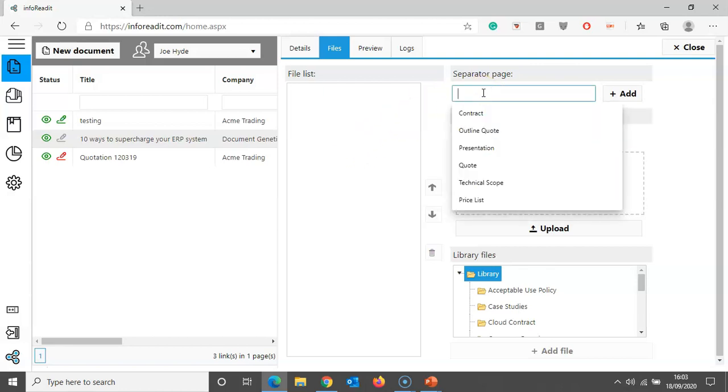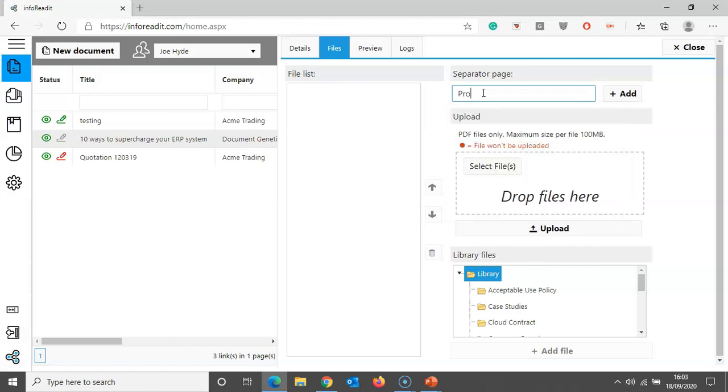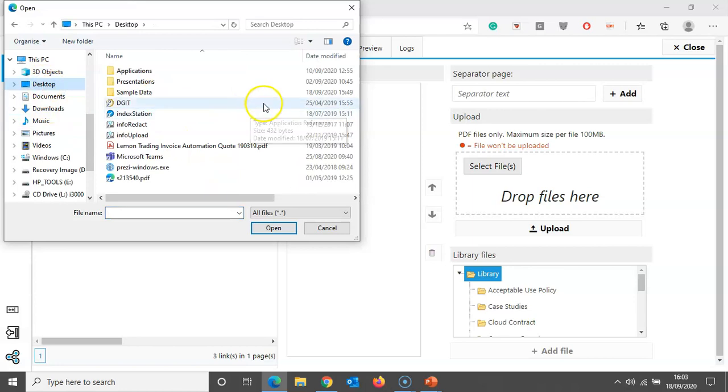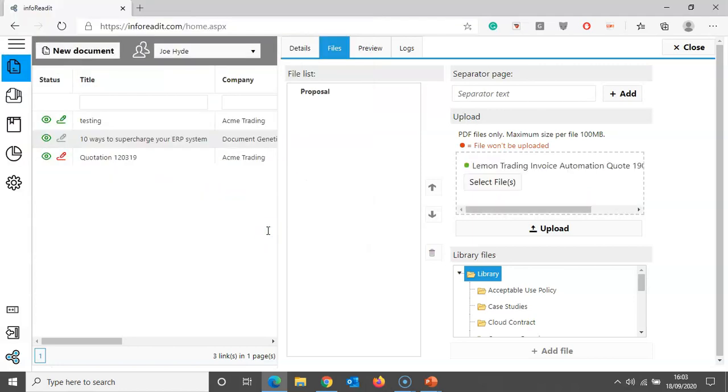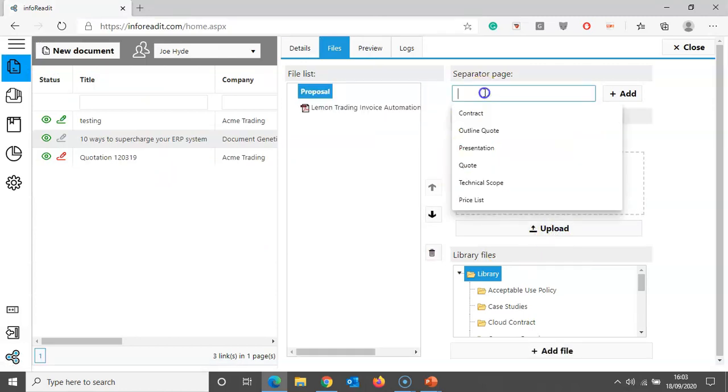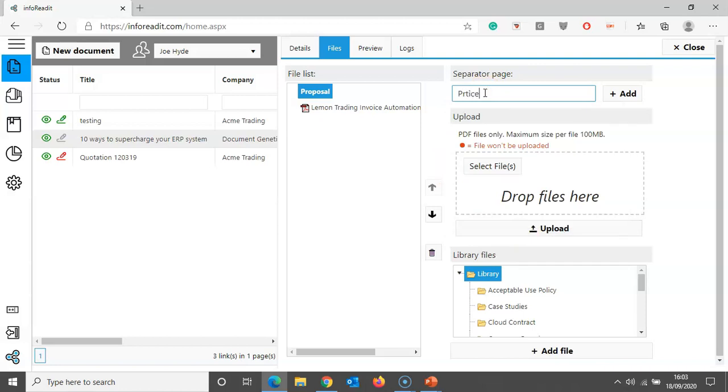We can put useful separator pages in, so we can perhaps put the proposal title in here, and we can add that. We can then go and select the files that we need. So in this case it's a quote, and we can upload that, and then perhaps we're going to add a price list